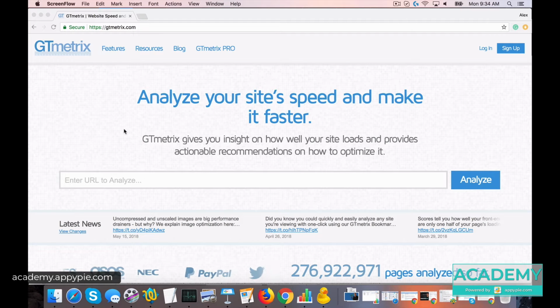I want to get started right away by doing an exercise to get you on your way to optimizing your